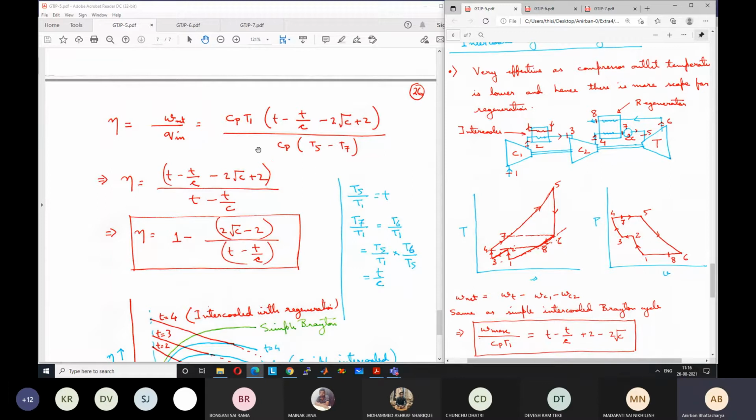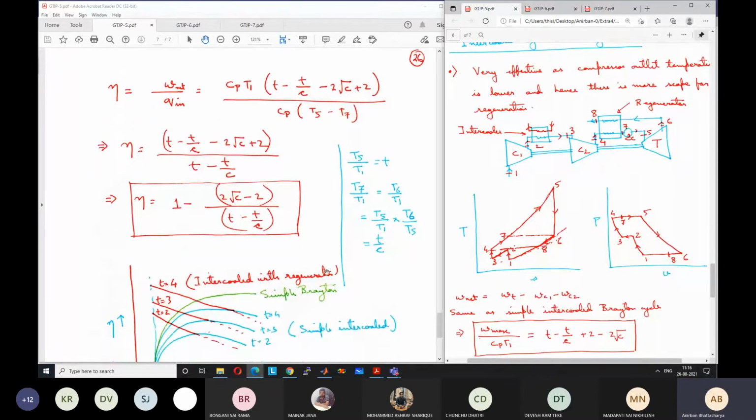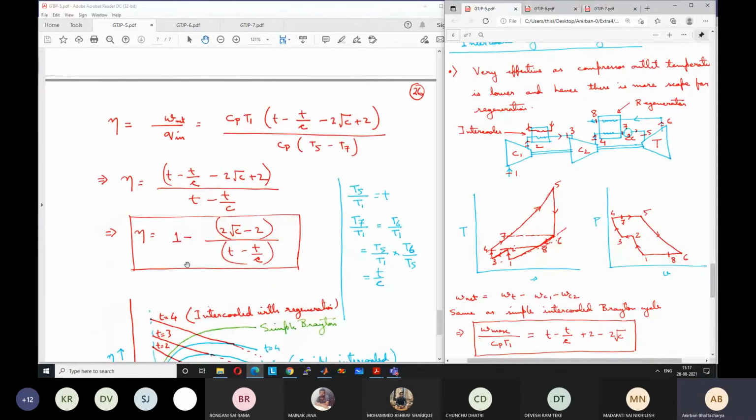It's not needed, but if you want to simplify, you can try to simplify. These simplified expressions do not have any particular meaning. It's just for plotting. I could have plotted with this expression itself. So it's not that this is a particularly important form of the formula. It's one way of writing it.